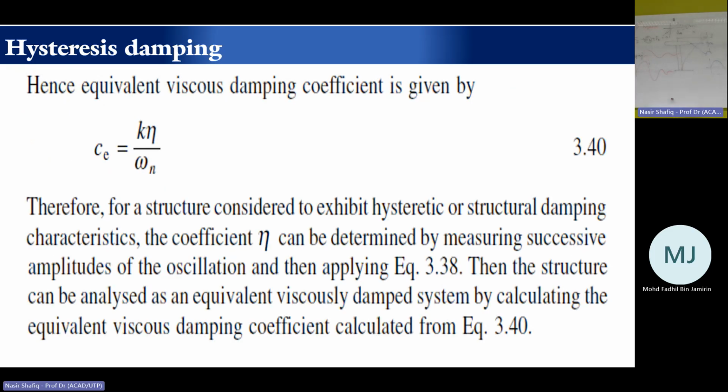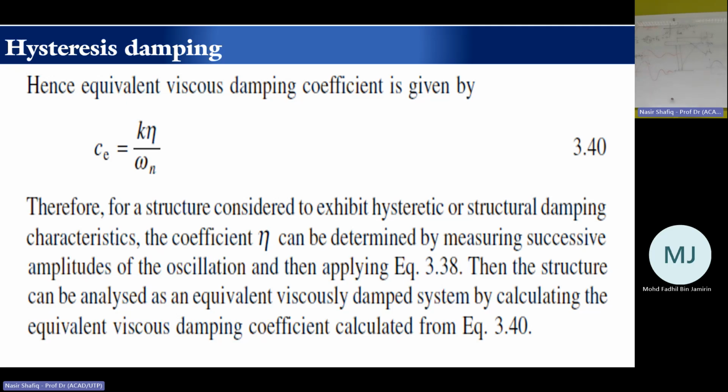So hence the equivalent viscous damping coefficient is given by this, so we have to add eta here with the natural frequency. Therefore, for a structure considered to exhibit hysteretic damping or structural damping characteristics, the coefficient eta can be determined by measuring successive amplitudes of oscillation as they decrease, right? By then applying equation 3.38, then the structure can be analyzed as an